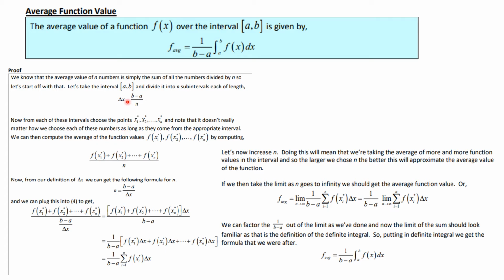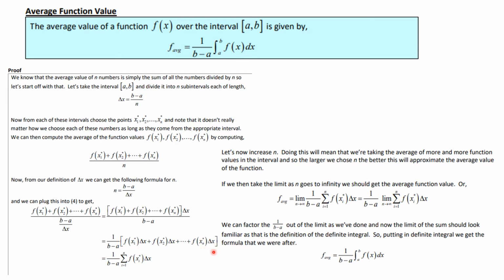For each of those intervals of width delta x, we choose points x1 star, x2 star, through xn star, and we take the average of those. So we're taking the average value: f of x1 star plus f of x2 star plus dot dot dot, thank goodness for dot dot dot, down to f of xn star, and we divide it by n. Now we're going to substitute this expression for n. We stick it in there and do the arithmetic, and we see that the delta x comes to the numerator. Make sure you follow these calculations. That's the same thing as b minus a times